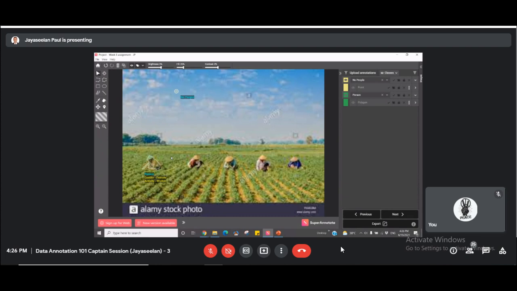The activity here is to identify people and mark them as person. Subclass will be gender, male, female. Attribute will be activity. Are they doing some work or just watching or standing, like that? Are you able to classify them as worker or others?